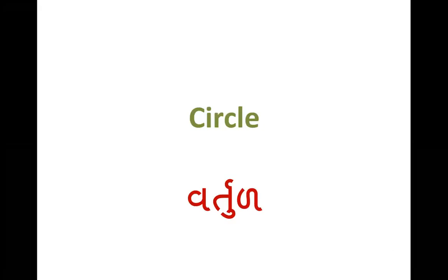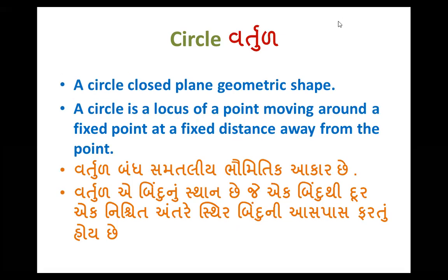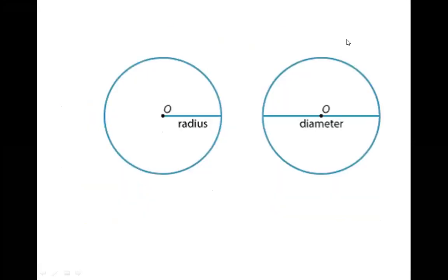Today I'm going to start our new topic. Its name is circle. You all know about the circle. There are some things: the definition, some unknown quantities, the constant distance, and the relation between the diameter and radius, all of which we will discuss in this lecture. So students, first of all look at the definition of the circle. A circle is a closed figure. Look here, this is your circle.